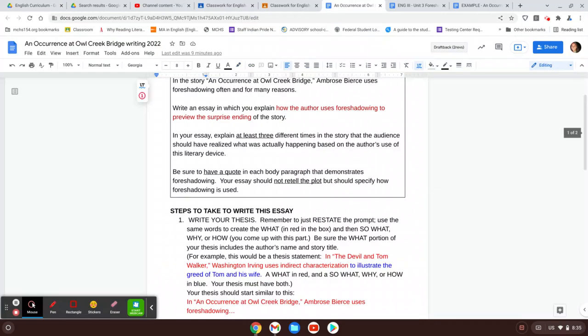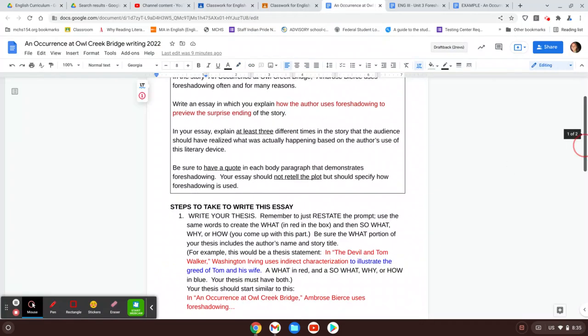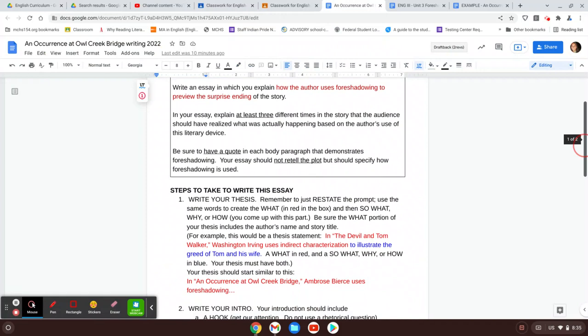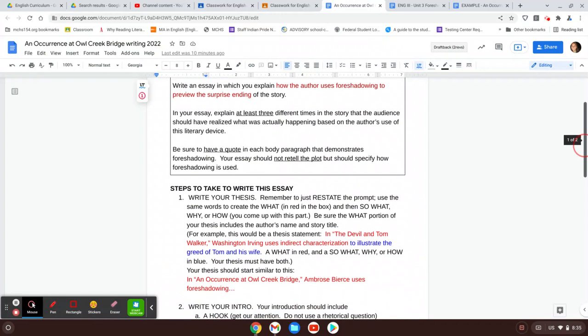The most important part is actually where you explain why your quote is an example of foreshadowing. So if you give me a quote about Farquhar noticing the green prism colors on the grass, and say this is an example of foreshadowing, well, you have to explain why. This is foreshadowing because somebody that just almost died probably wouldn't be conscious enough or focusing on the beautiful scenery around him as much as he would be focusing on trying not to get killed. So that's kind of what I'm looking for in your essay.